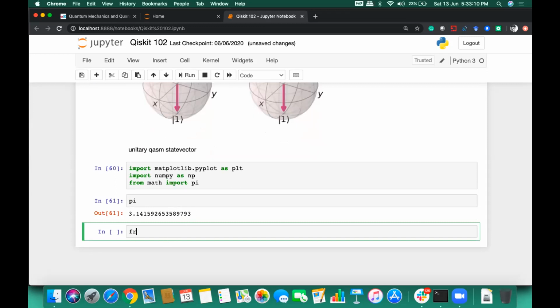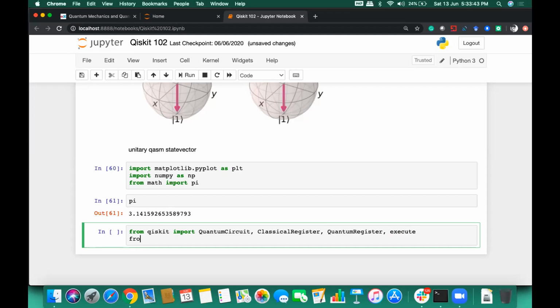All right, and then we will import certain methods and functions from Qiskit. We have already imported these before, but I'm going to do it again so that I'm not missing anything. So we need classical registers as well, because when we measure the values of qubits, we will be storing them in the classical bits. And then the quantum register for creating the qubits, and then the execute method for executing the circuits which we are going to create, and then certain visualization tools.